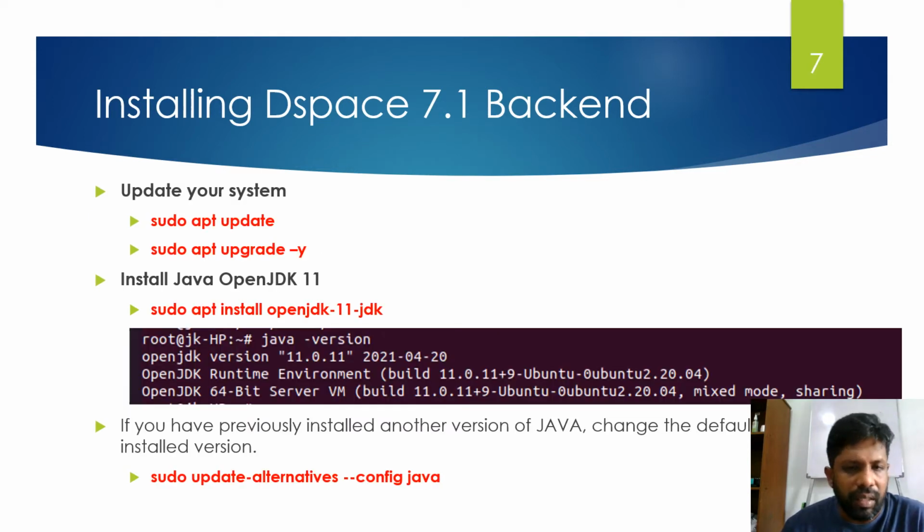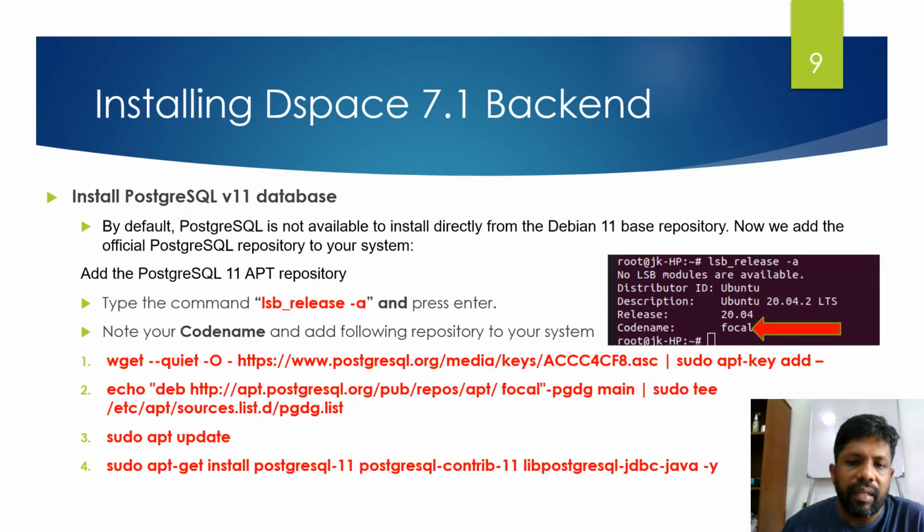One thing I need to mention: if you have already installed Java on your machine, be a little careful when installing and enabling the new version, because backend 7.1 actually needs Java 11, the latest version. So you should check which Java version is already installed on the computer, run this command, and you can change it to the new version. This is also one of the major things I found while installing. Maven and the others are easy.